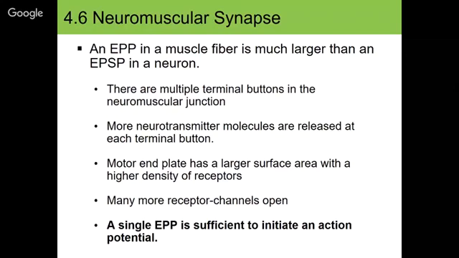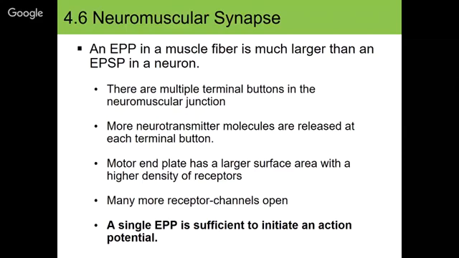So remember, EPSP is your excitatory postsynaptic potential. Okay, so that was the graded potential that we saw happening in the neuron-to-neuron synapse. Okay, so the reason that the EPP in a muscle fiber is much larger,